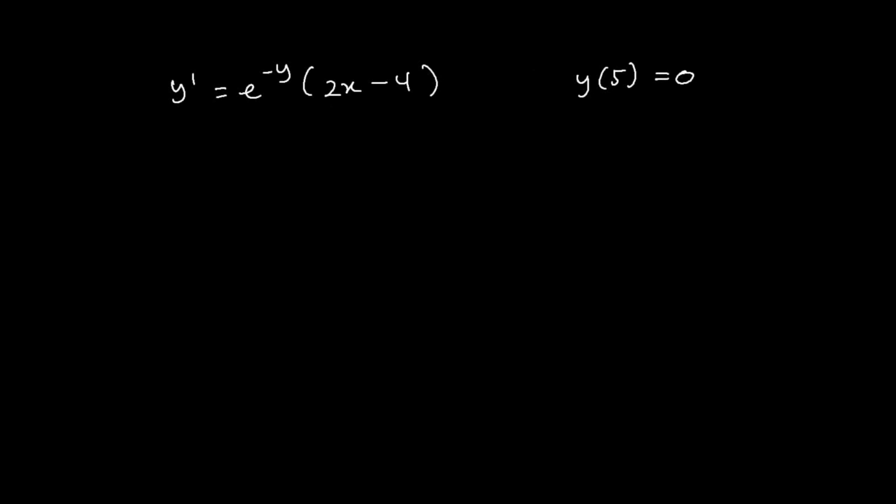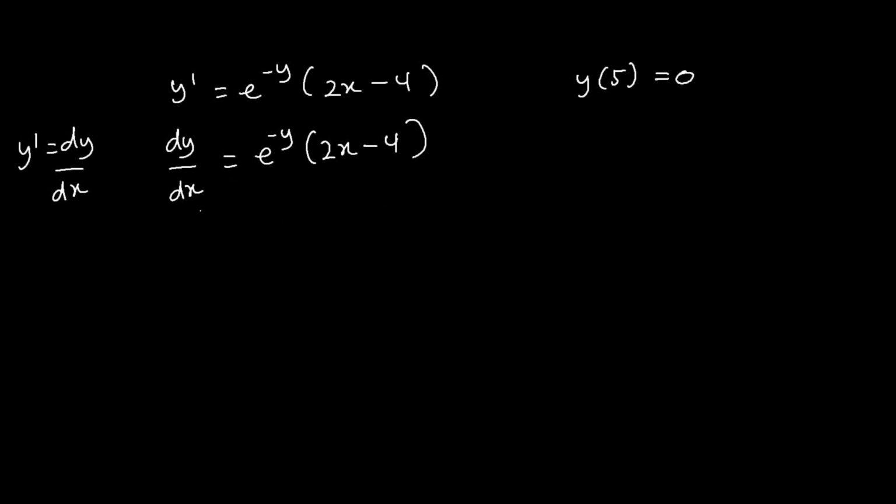Okay, so let's look at how I'm going to do this. The first thing you have to do is to separate the variables, right? Let's not forget that y prime is dy over dx. So substituting that, we have dy over dx equal to e to the power minus y multiplying 2x minus 4. So from here, I'm going to multiply through by dx. That gives me dy equals e to the power minus y times 2x minus 4